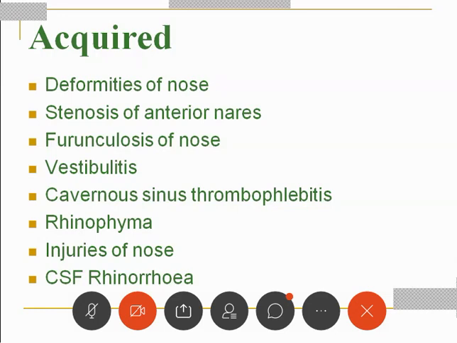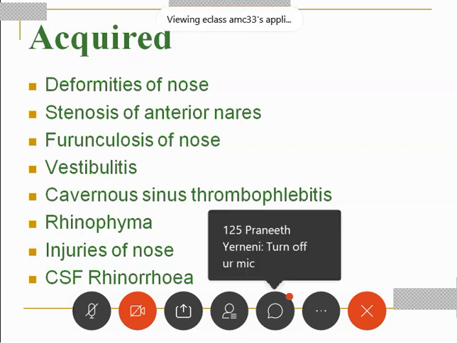These deformities of the nose, which are congenital deformities, like external nose, like a bifid nose and all, come into congenital categories, which we are not going to discuss today. Today we would like to discuss about